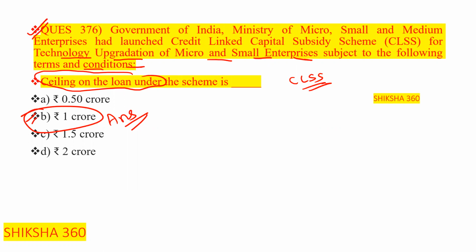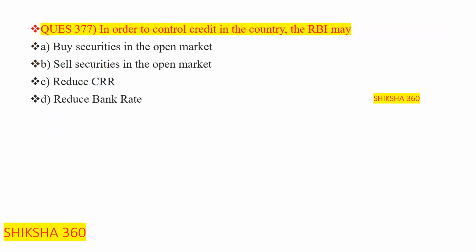Now move to the next question, 377. In order to control credit in the country, the RBI may: